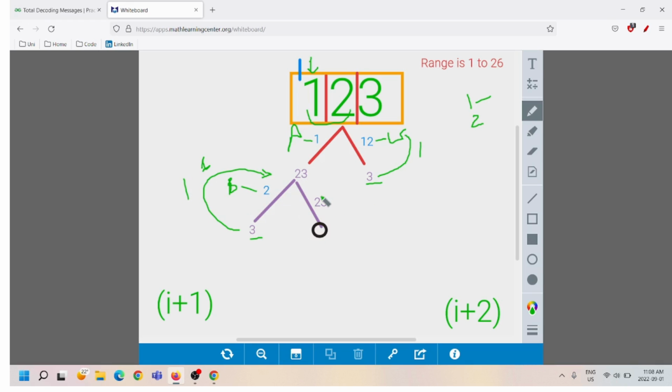Now let's see this branch. As we were discussing, either we will take individually or we'll combine. So we took 2 individually, now we are combining 2 with 3, and 2 with 3 is 23, which is within the range. So we are going to take 23. Now we have completed everything. Now we don't have anything in this branch, so we stopped. But when we stopped, we have actually calculated 2 and 3 successfully, right? So it is also going to return